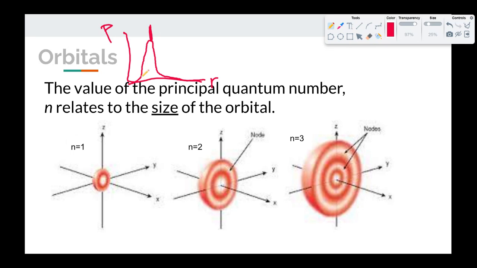And then for n equals 2, it's going to look kind of like this. The highest probability of finding an electron is farther away from the nucleus, and then there's this little region in here where it drops down almost to 0. That's a node in the middle. So there's a high region of probability, you can find it there, and then another high region of probability, you can find it out there. But in between those two zones, there's a node. And for n equals 3, there are 3 of those. You can see those 3 nodes, but it stretches out farther in radius.